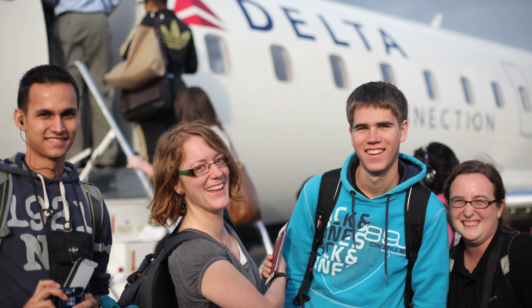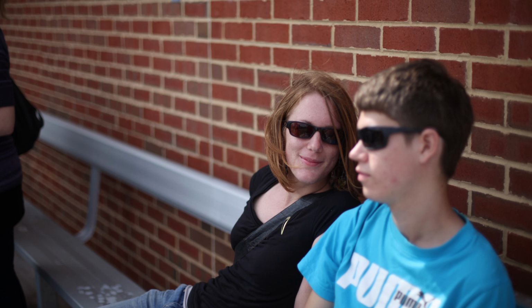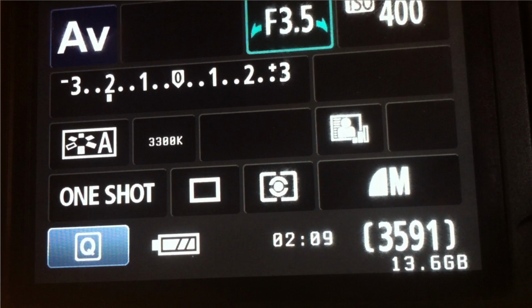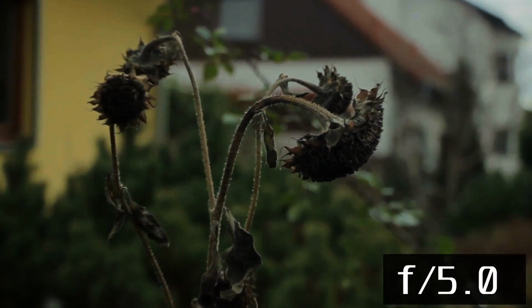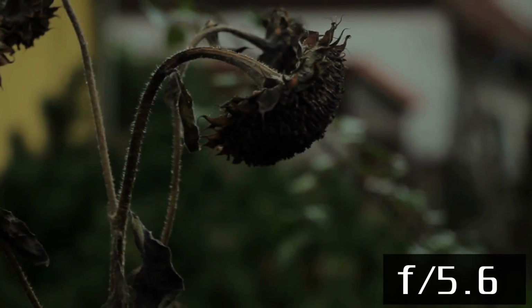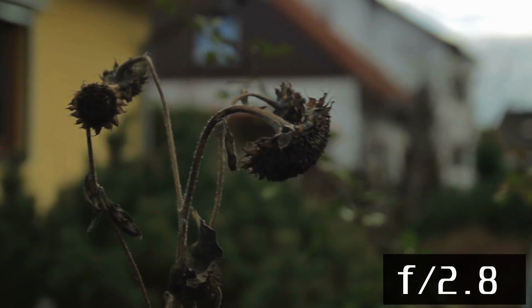That can be a beautiful and professional look, but in some situations it is also not good, because objects with a different distance to the camera won't be sharp. Prime lenses, meaning lenses with a fixed focal length, usually have a lower f-stop like f1.8. Low quality zoom lenses have no constant aperture. That means that when you zoom, the f-stop will automatically increase to 5.6. High quality zoom lenses have a constant aperture.